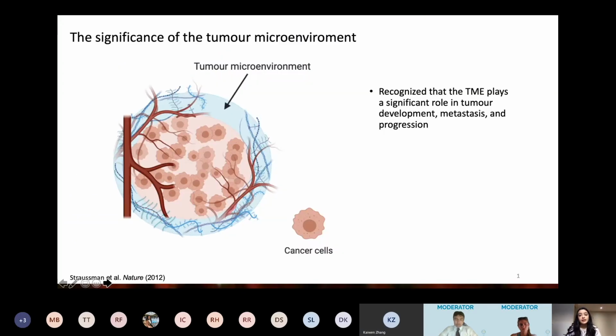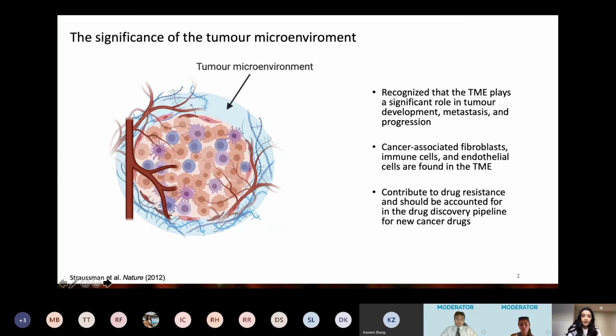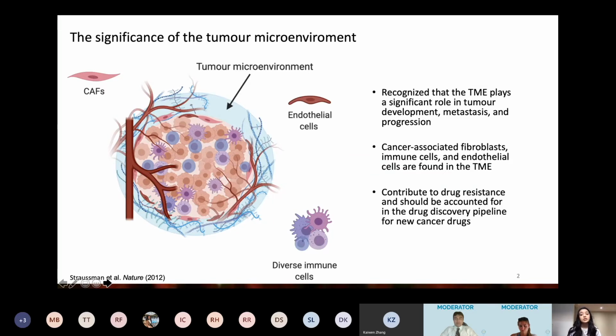So it's now recognized that the tumor microenvironment plays a significant role in tumor development, metastasis, and progression. As you can see in this figure, there are cancer cells in a tumor and its surrounding microenvironment indicated in the blue. It's next to a blood vessel which can help it grow. Cancer-associated fibroblasts, known as CAFs, immune cells, and endothelial cells are all found in the tumor microenvironment, and it can secrete growth factors which contribute to drug resistance, and it should be accounted for in the drug discovery pipeline for